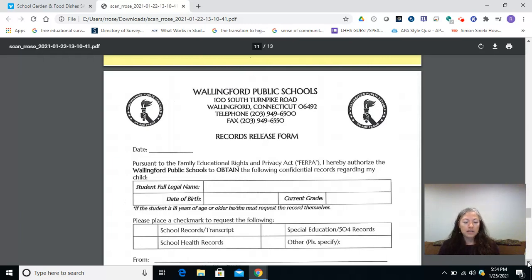So that was the Wallingford Public Schools registration part of our paperwork tonight. Please make sure you also check with your sending district about their residency and registration policies. So you still need to be associated with your local Board of Education so that you can come to Lyman Hall, because the boards of education correspond with each other, and we need to make sure that you're appropriately on record with them as a student who's coming to us. So you can just contact them and see what steps you might need to take.